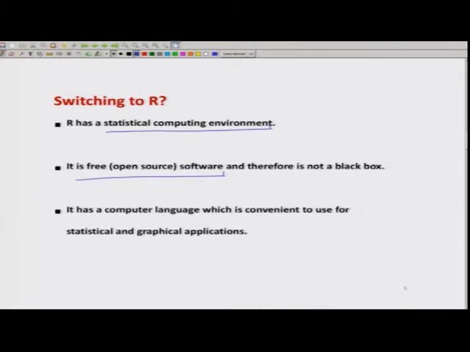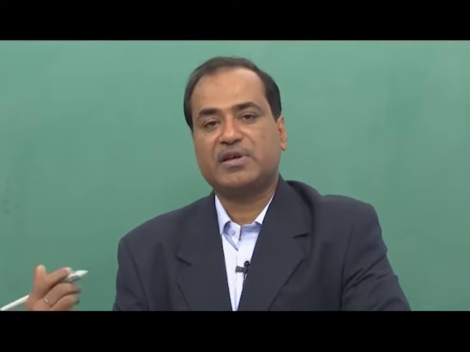What do we mean by open source? For example, if I use any software, in most cases we really do not know what is happening inside the program. Usually we simply give the input and obtain the output. What is happening in between is usually unknown.